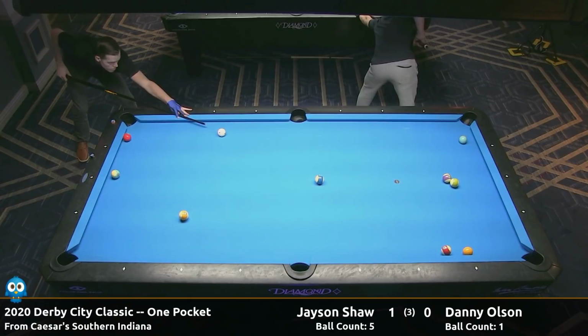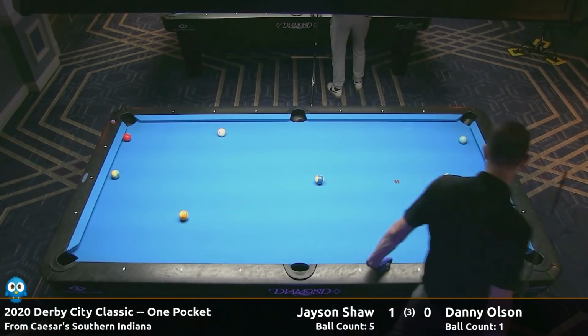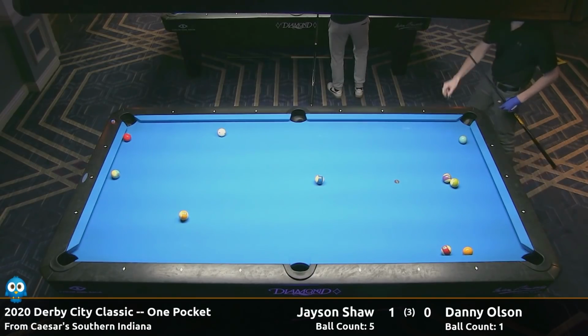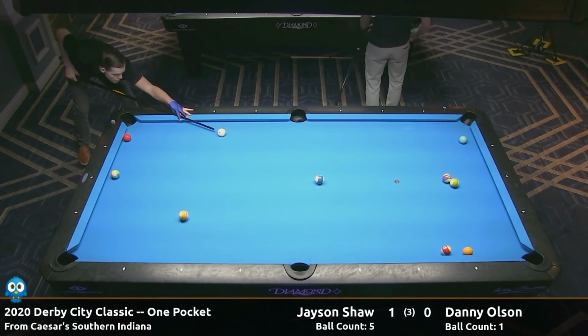Leaves him funny on the 7. You want to try and gaff this ball up a little bit. You want to try and tie up the 1 and the 11, kind of double it up. So think that speed, that could really help you, depending on what Jayson does. I mean, Jayson's not going to be in a bad spot, obviously. Up 5 balls to 1, and